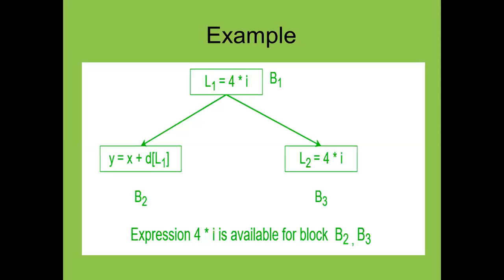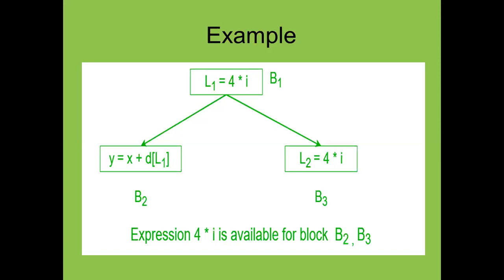Our target is to divide our source code into a number of basic blocks. We have already studied basic blocks. This is the complete source program. For the simplicity of the compiler, or whenever we want to reduce the load on the compiler and enhance its efficiency, first we divide our source code into a number of basic blocks. Here we name them B1, B2, B3, and these are the different basic blocks.